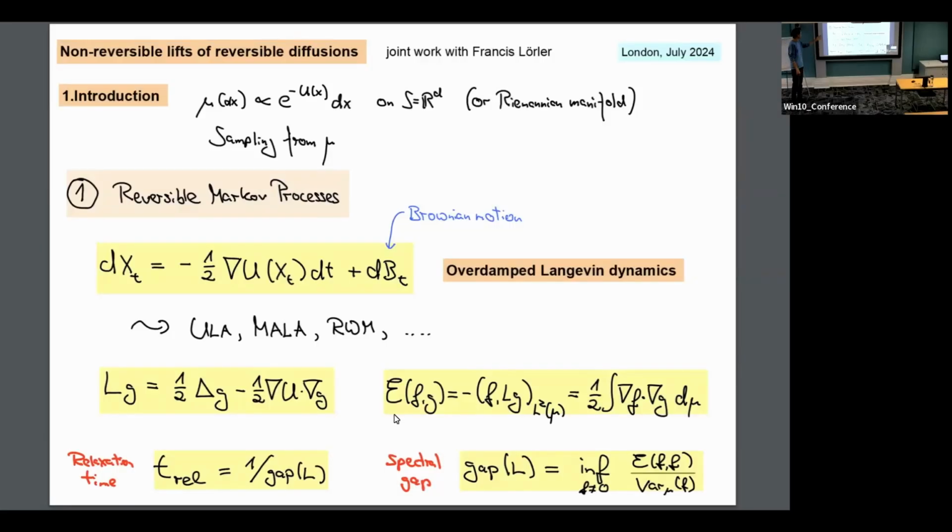Okay, so yeah, overdamped Langevin dynamics is of course also closely related to many MCMC methods. In particular, unadjusted non-reversible algorithms and Metropolis-adjusted non-reversible algorithms, not just discretizations of this, but even if you look at random walk Metropolis, there are relations because, although it's different, it somehow also behaves to a certain extent like such a process. For overdamped Langevin, the Markov process has this generator here. Since it's reversible, the generator is